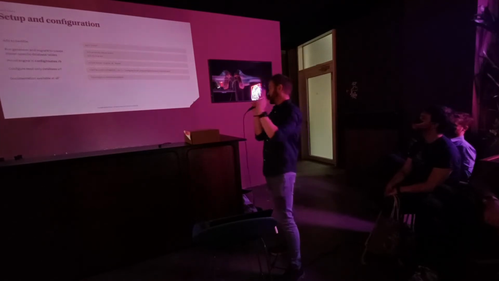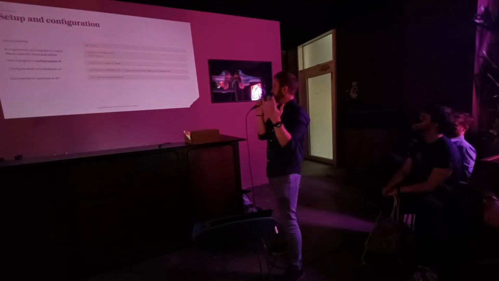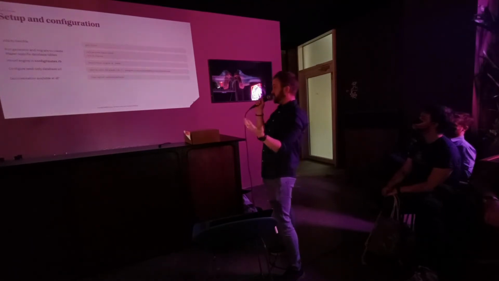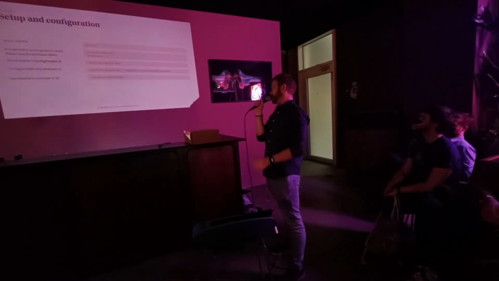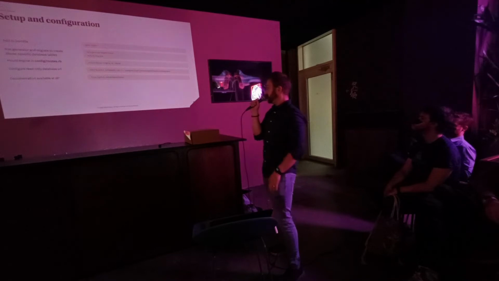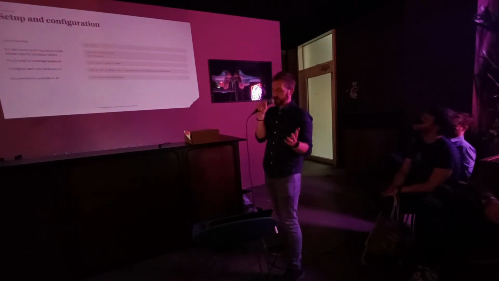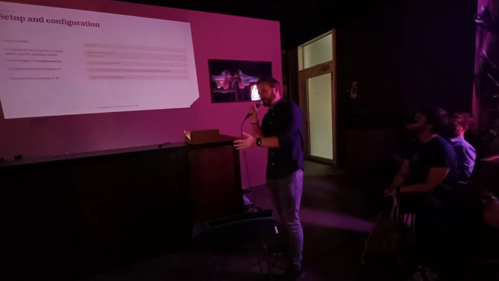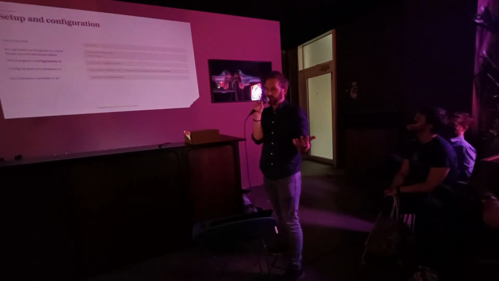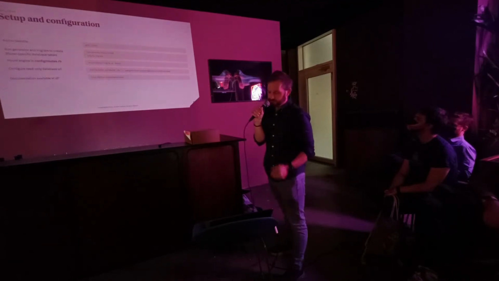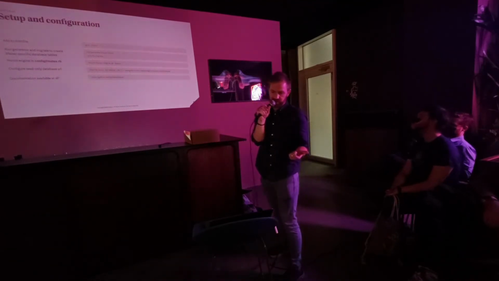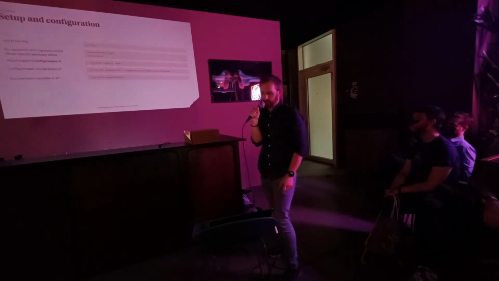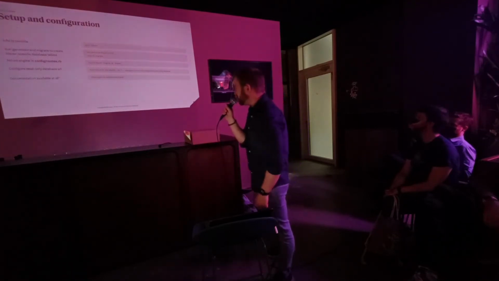But this is just a setup slide about how it's quite easy to set up Blazor. You just add it to your Gemfile, run a couple of commands to generate some installation files, run a migration to generate the Blazor database tables, mount the engine, and set up a connection to the database. One of the nice things about Blazor is that it's using a separate connection to what your application uses. So you can use a read-only connection, obviously for security reasons. So it has really two protection mechanisms. The connection is read-only, and it also does a rollback after every query. So it's quite useful. And it has really good documentation on the gem.